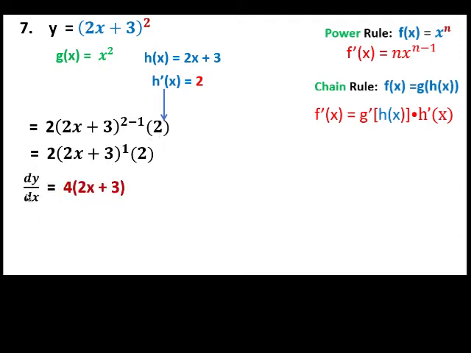So dy/dx, the derivative of y with respect to x, is equal to 4 times the quantity 2x plus 3. Next, we can distribute 4 in each of the terms, so our final answer, the derivative of y with respect to x, is 8x plus 12. Next,